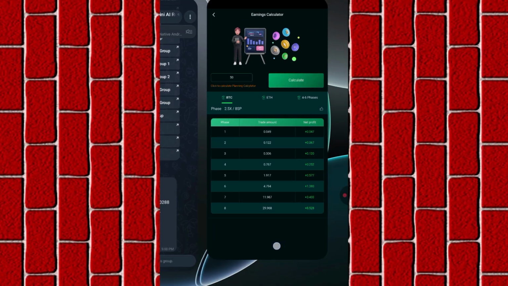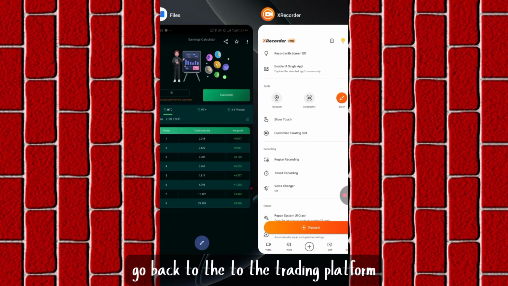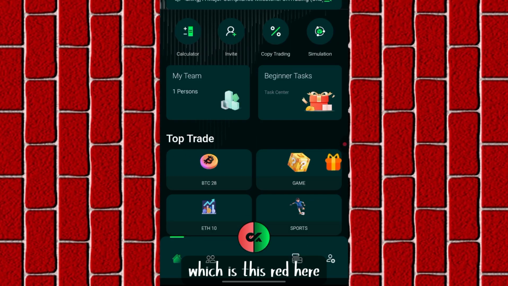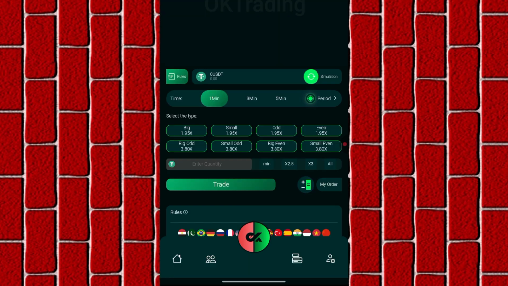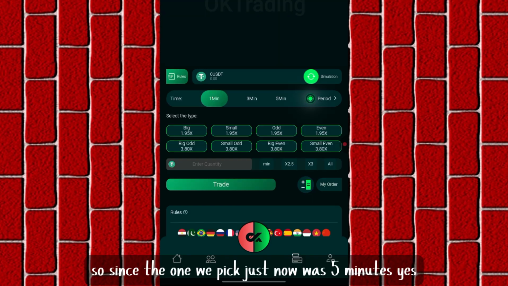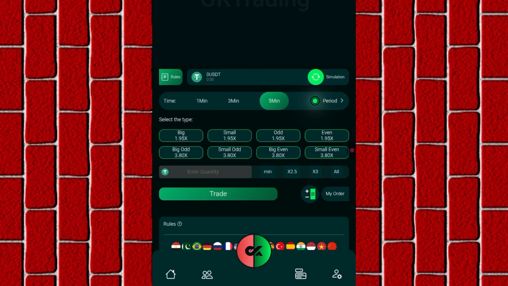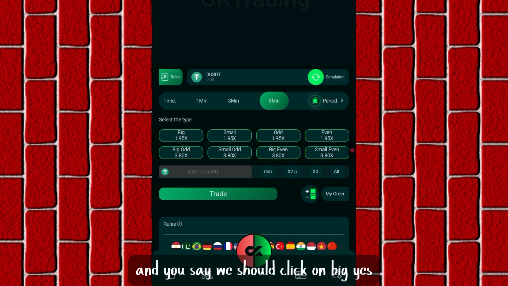When you do your calculation, go back to the trading platform, which is this red here. Click on it. Since the one we picked just now was 5 minutes, that is the 5 minute signal. First we click on this 5 minutes here, and they say we should click on big.